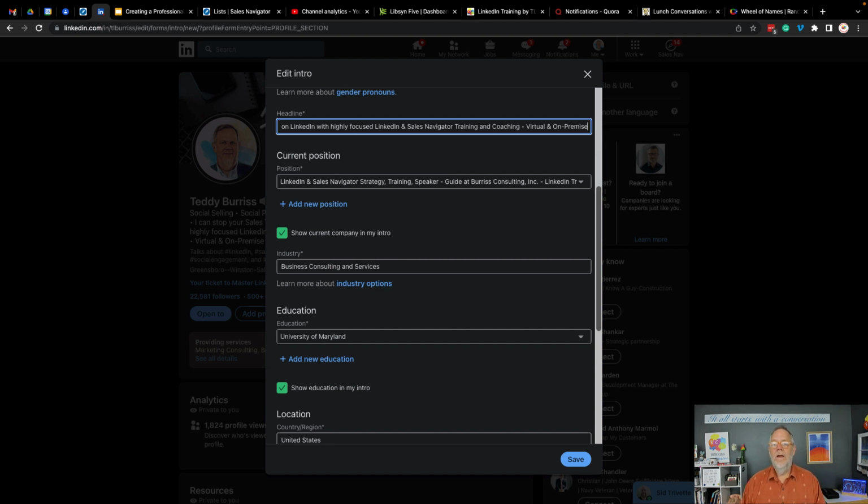using Google Trends. Now, another thing is, I did some testing, and I used to have my separator here. I used to use a vertical bar called the pipe symbol. Shift the key above the return key. I discovered that when I used the vertical bar, I showed up in less LinkedIn searches. When I switched to the space, my search numbers went up. So I recommend you don't use a vertical bar. You use something else if you need a separator. But write that headline and write it focused on your target audience. Again, using words that resonate with them.